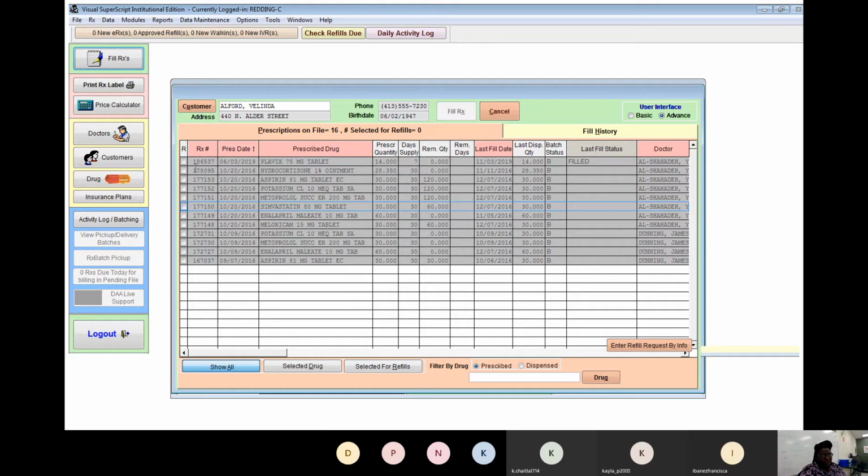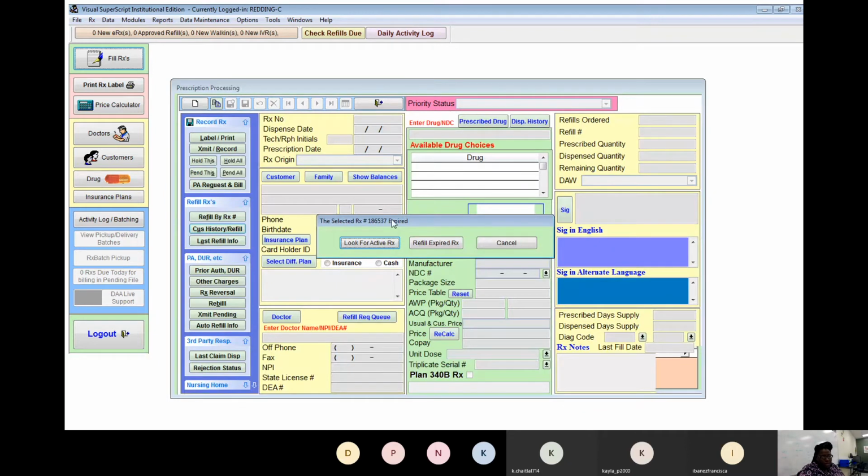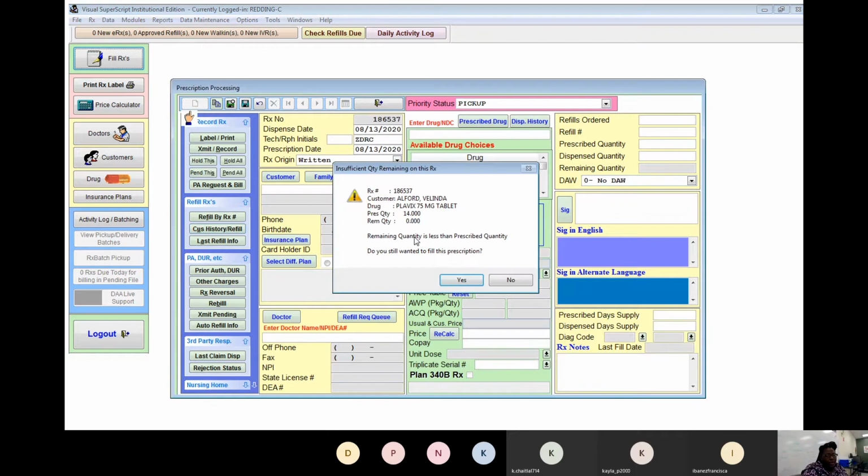And then if they said they needed a refill, you could actually click on the medicine. So I'm going to say, for example, this is one of the medicines that the patient wants to be refilled. And it's Plavix. So once you click on it, you'll click Fill RX, and it lets you know this prescription has expired. So if I click Refill Expired RX, it lets me know